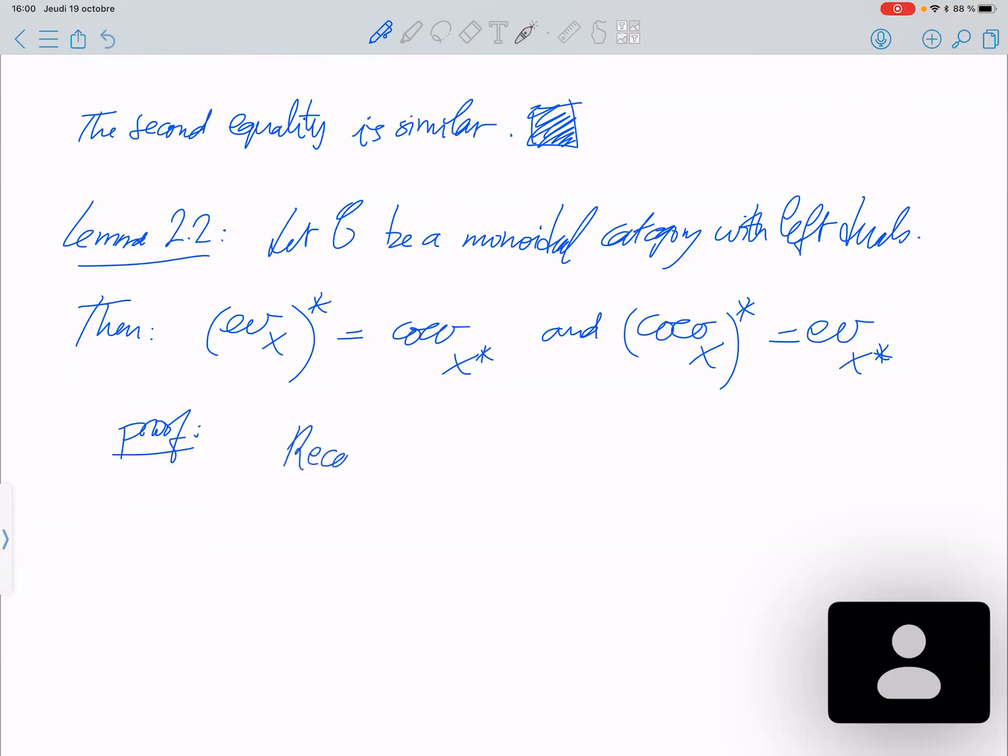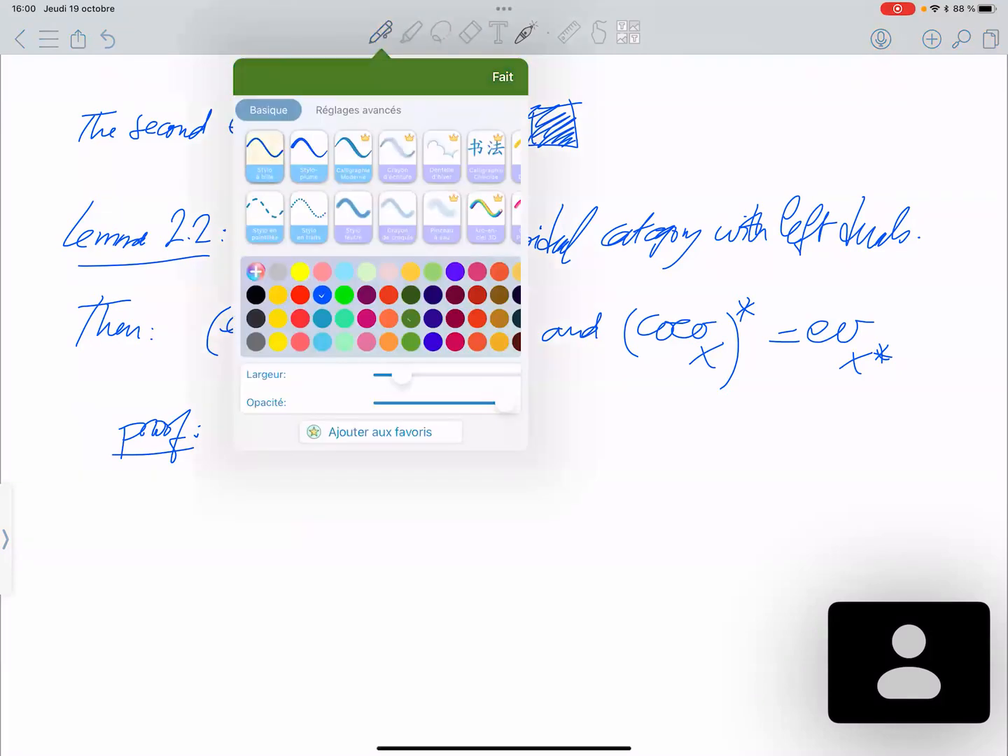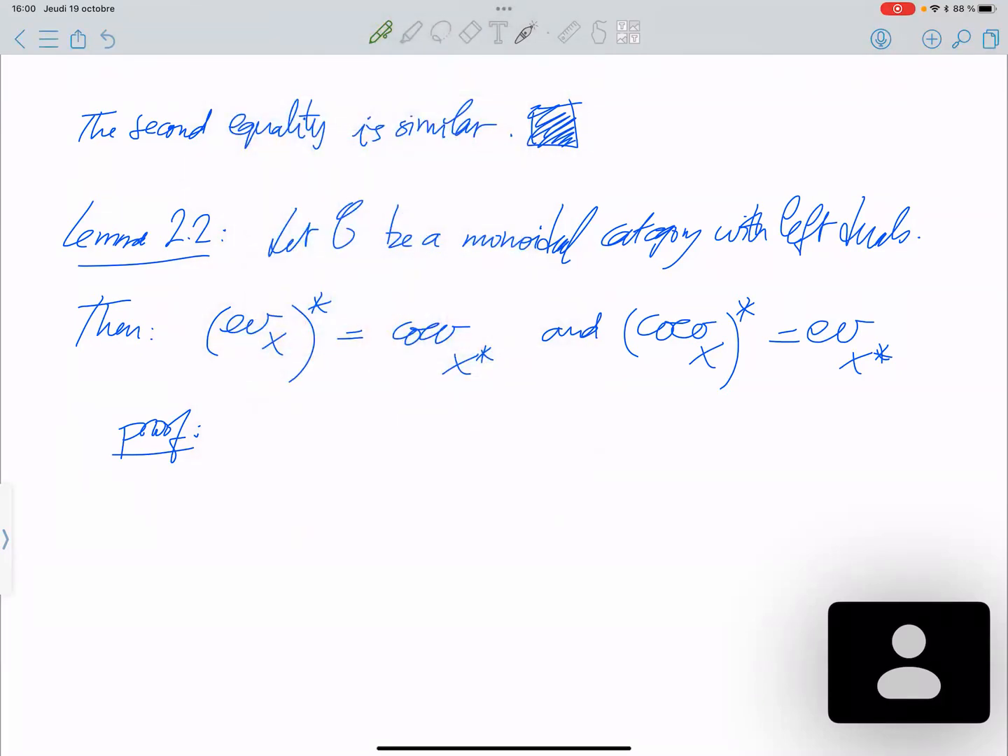So recall that... so what do I want to recall here? Okay, because let me prove that in full detail. So let me change the color for this. Recall that